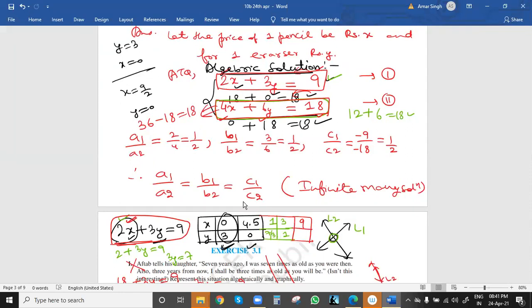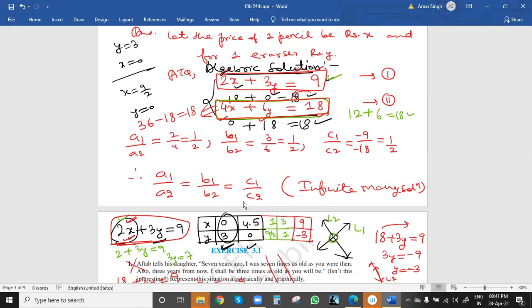So we can now put x value 9 here. So 9 twos are 18, and 3y will be as it is, because after taking the x value we can find the y value. So 9 twos are 18 plus 3y equal to 9. This 18 will go to the right hand side, number on one side, y term on one side. So 9 minus 18 is minus 9, so y will be minus 3. Here I have written this minus 3, because after taking x value 9 we get y value minus 3, meaning x is 9, y is minus 3.